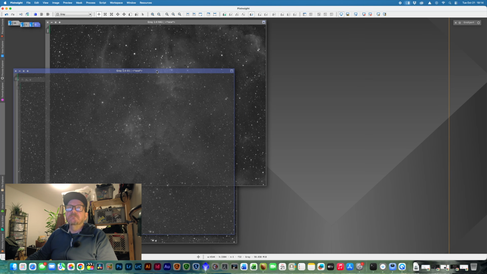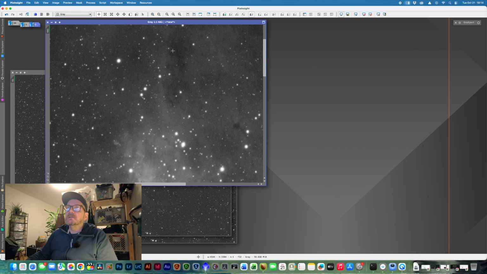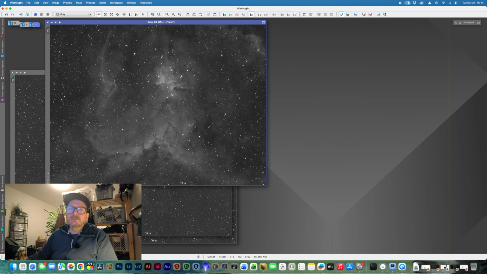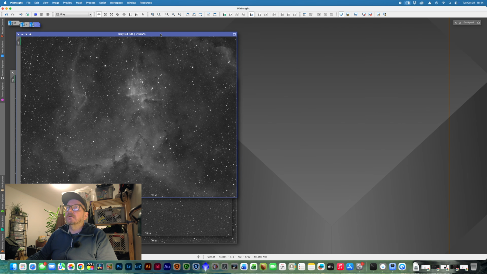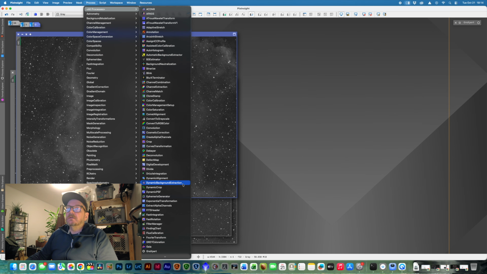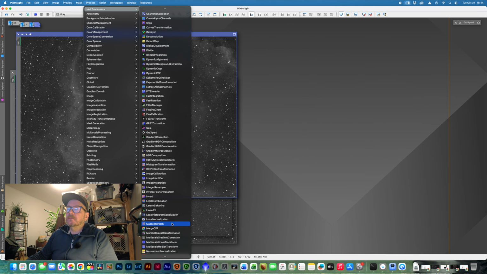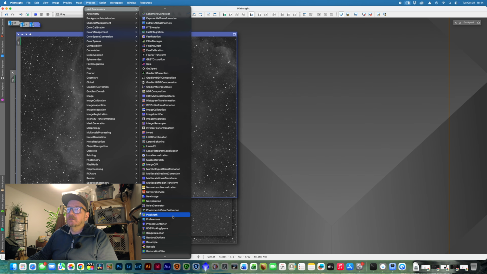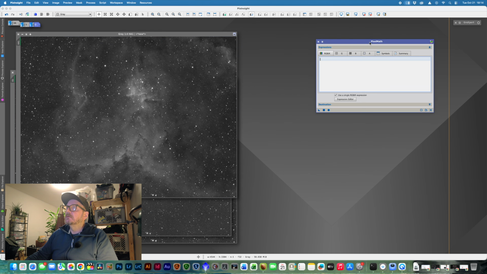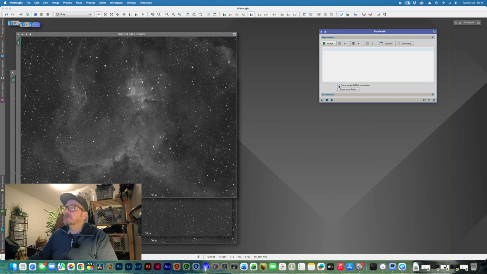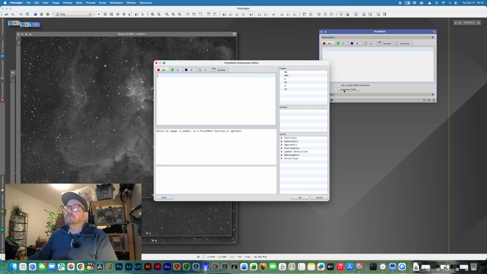So if you don't have had time to shoot RGB stars when you're out, you can create RGB stars from this data, and I used to use PixelMath. Here we have this, and I'll check the single RGB expression and open this, and then I have a formula